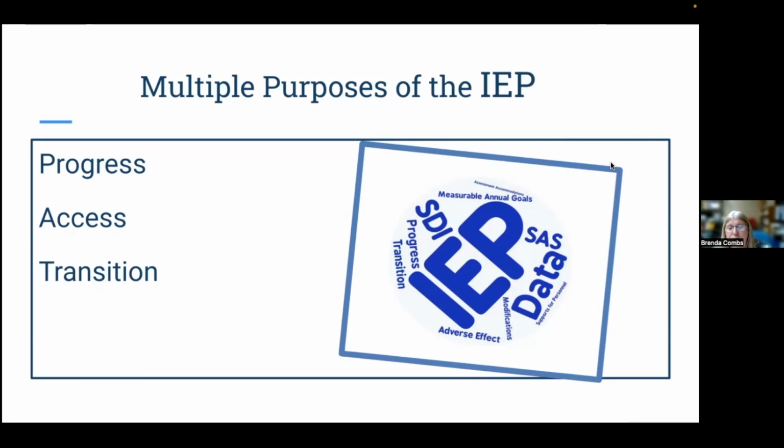So access, we need to make sure that those kids have access. That is like the civil rights part of it. So we need to make sure that they have access to the curriculum. And most of the time you will see that in their regular education classrooms. And then sometimes we have to pull them to our resource rooms to help them with those pieces and give them more supports as they need it.